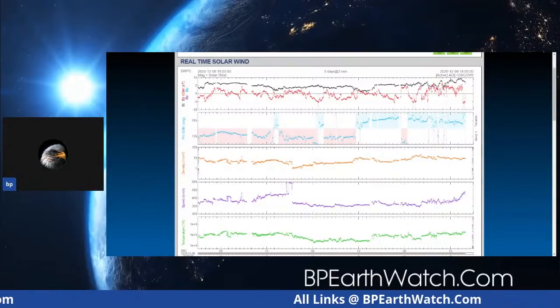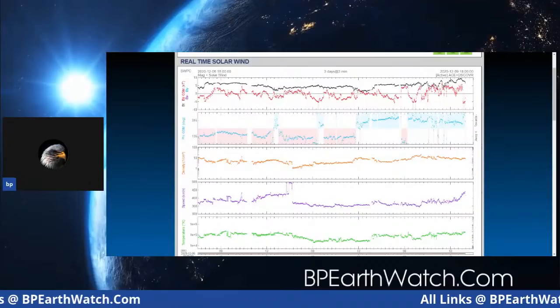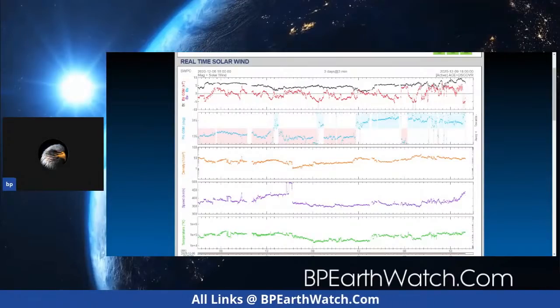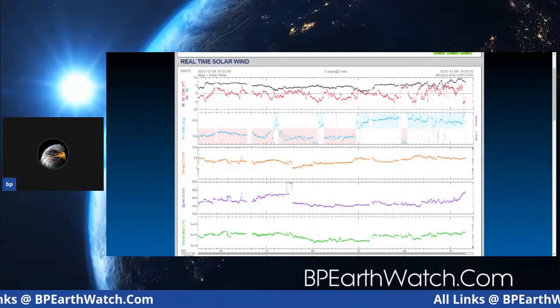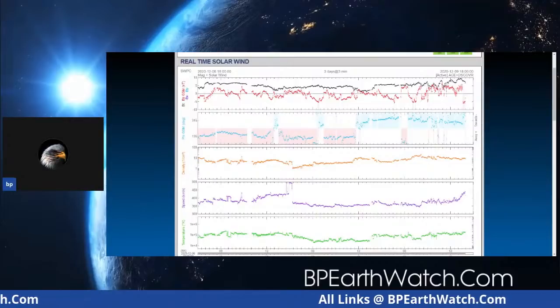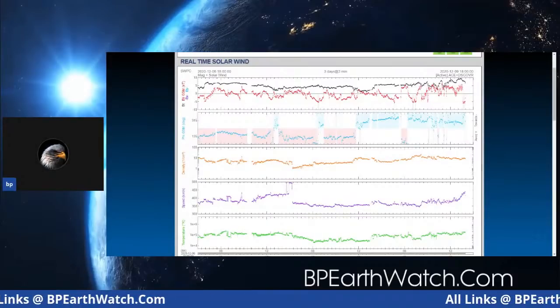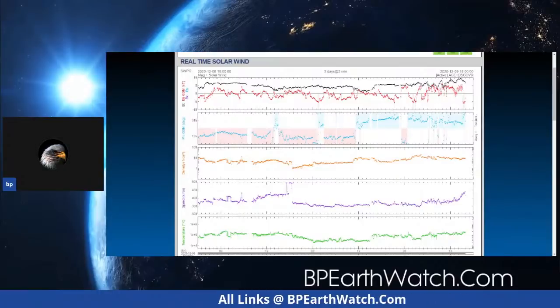But this is predicted to go up to 1.7 million miles per hour according to the models, which would give us a very powerful impact with our shields weak. Now, I'm not predicting anything. I'm going to show you what we've done during Grand Solar Maximum and track this. And so this link, if you go to our website, you can go to this page, which is called Solar Ham.